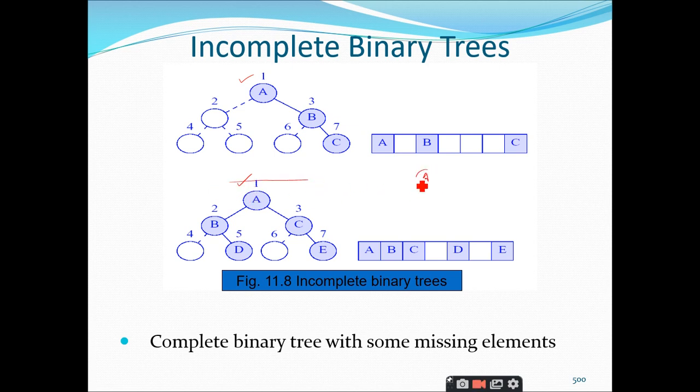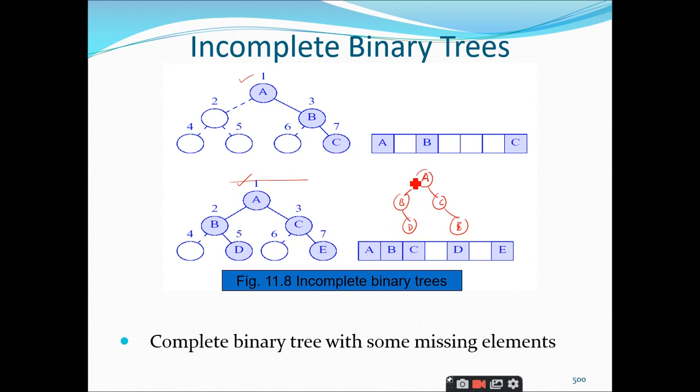I have the binary tree as A, B and then C. B is having only the right child and C is having only the right child. In such a case, if I want to store this binary tree, it is not complete, it is not full, it is an incomplete binary tree.